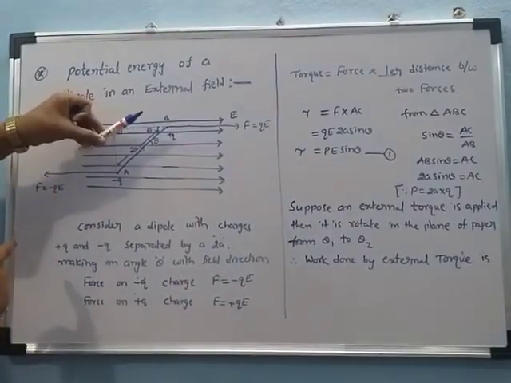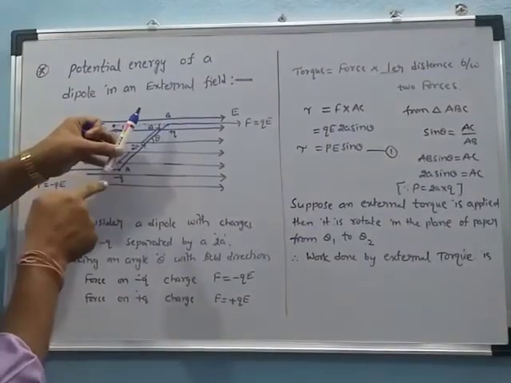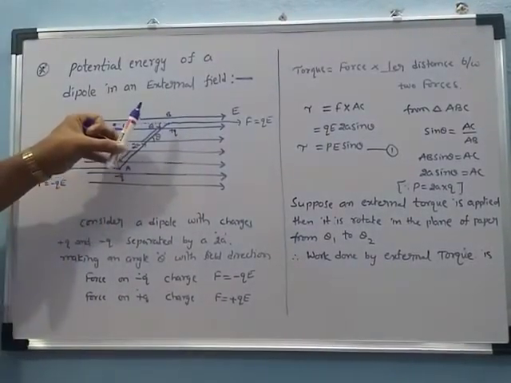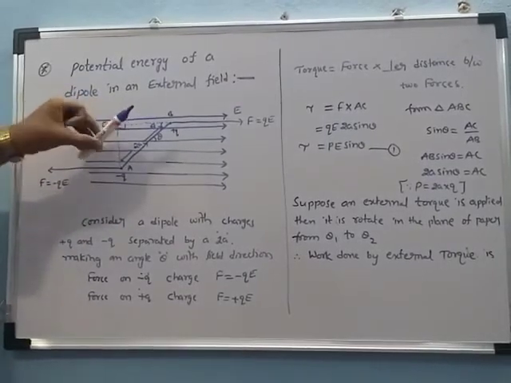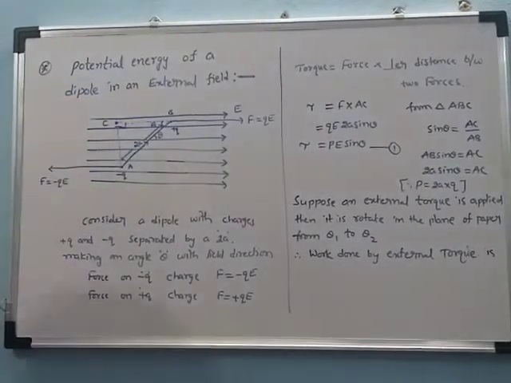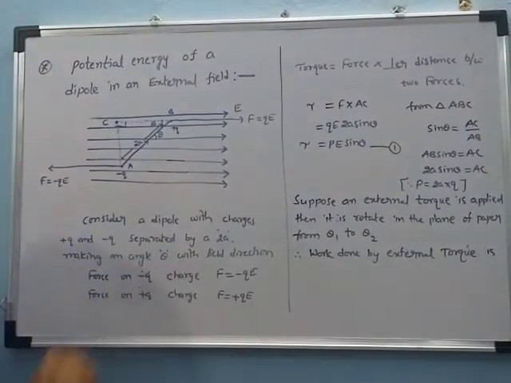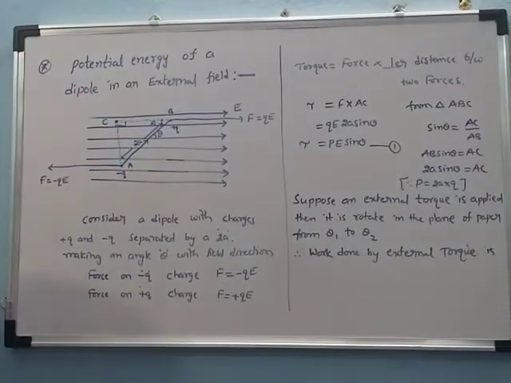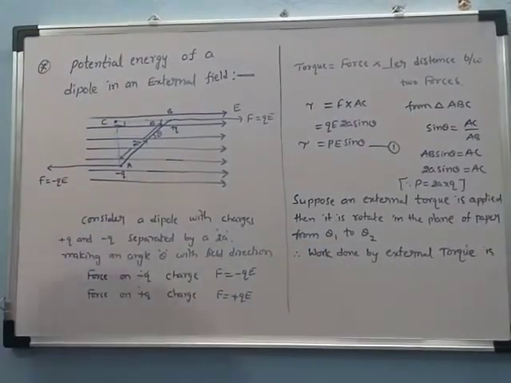Again it is opposite. A restoring force is developed and it returns back. That angle is considered theta 2. Again it moves, just like oscillations of this dipole in the plane of paper due to the external force we apply. So that is why I say the angles are taken from theta 1 to theta 2.